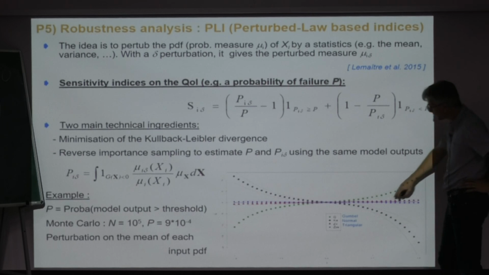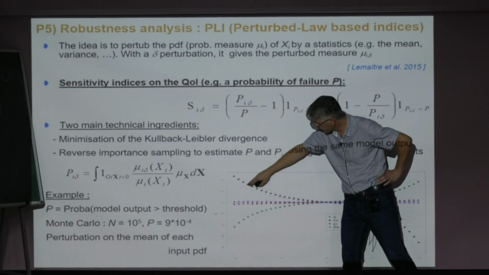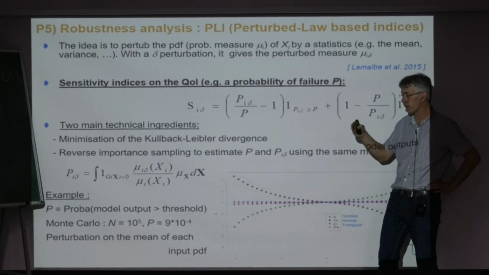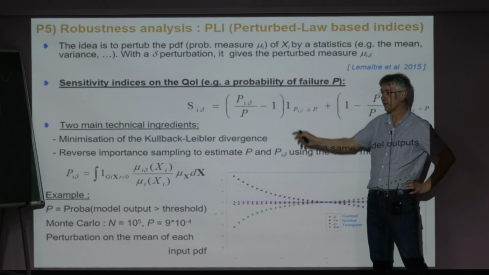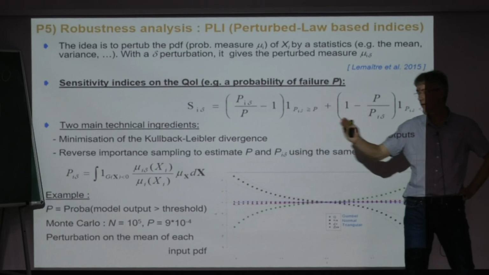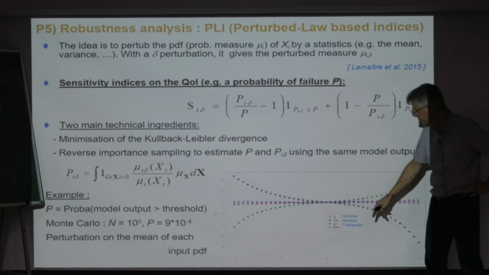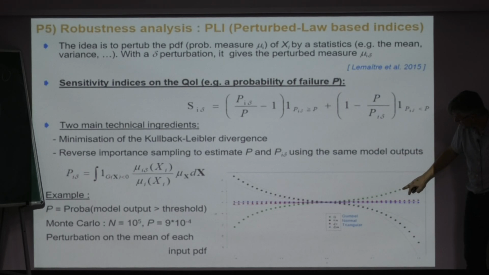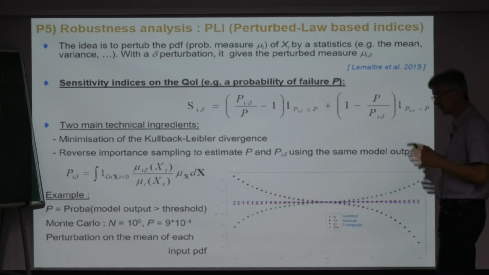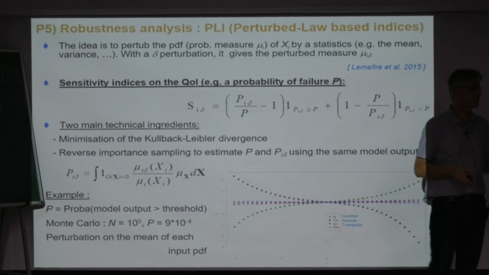The result of this kind of technique is this. You have a curve of sensitivity indices for each input, because on the x-axis we put the delta. We move the delta progressively to the left and to the right. Here you have 0. And so we see which input causes the main increase of the probability. So you see a very different kind of sensitivity analysis. And now I prefer to call this robustness analysis. It's very useful in my engineering studies.